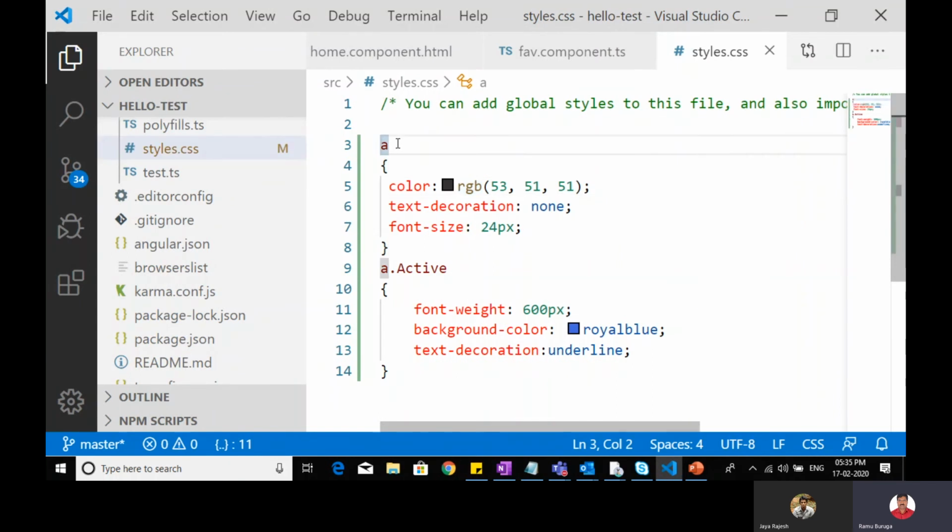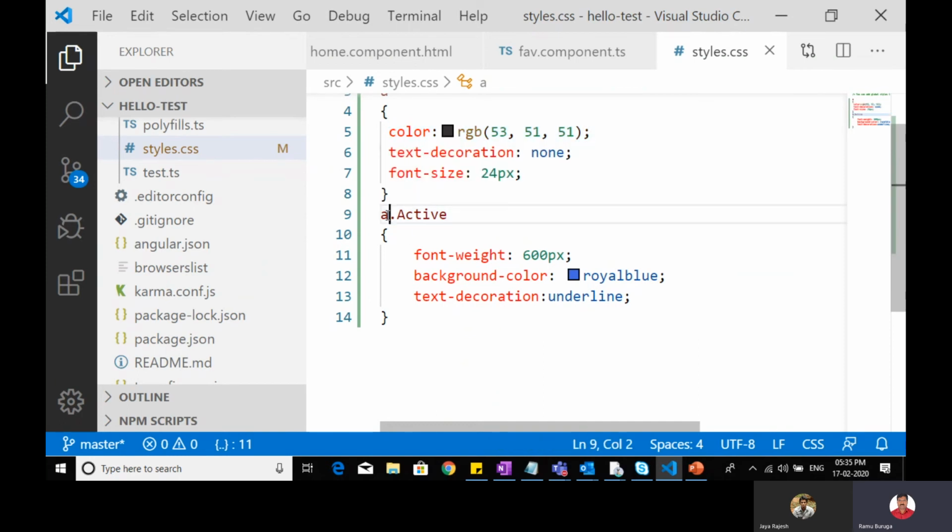First, I have created a class to apply to an anchor tag. So this is the class. Wherever you use the anchor tag, these properties will automatically be applicable to it.